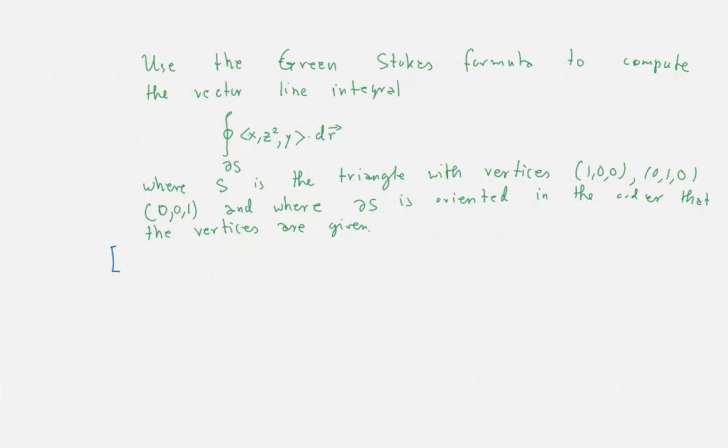Okay, so we would like to explain the Green-Stokes formula and show how it can be used in order to compute the vector line integral along the boundary of a triangle. So in any case, what we have is an oriented surface, and we have chosen a normal vector, and the boundary of this surface is oriented